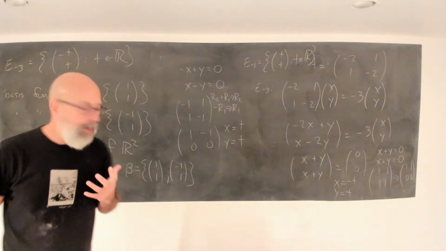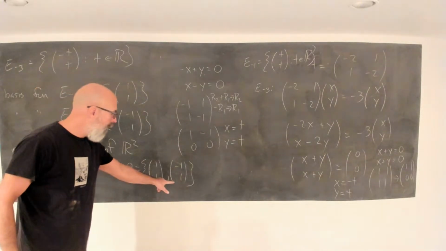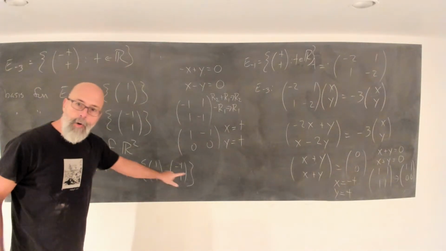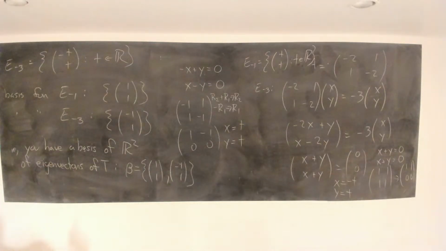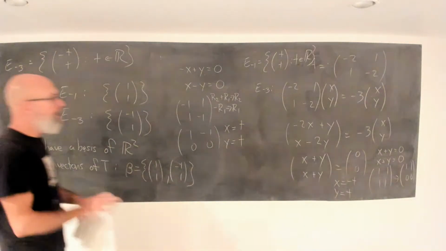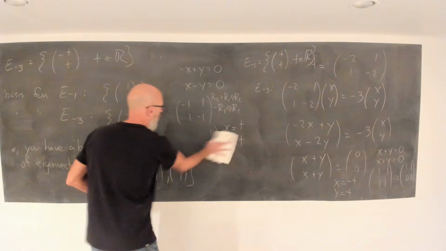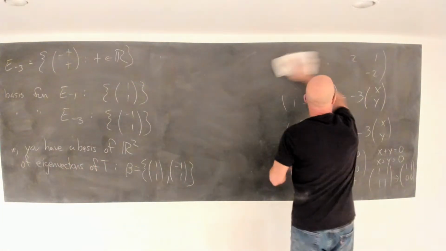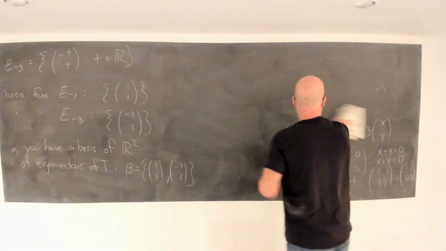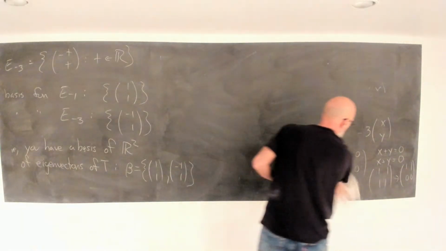These form a basis of R2, both of which are eigenvectors to the original linear transformation. But what does that mean? What is the deal